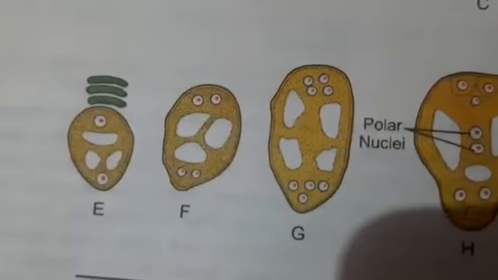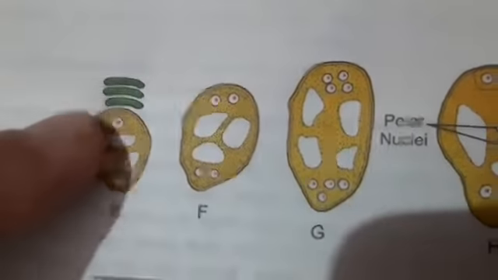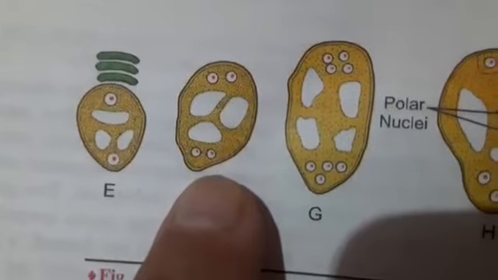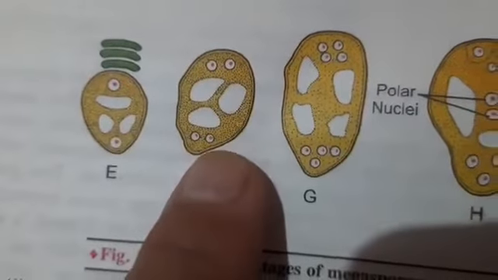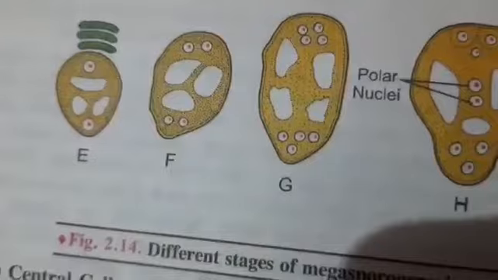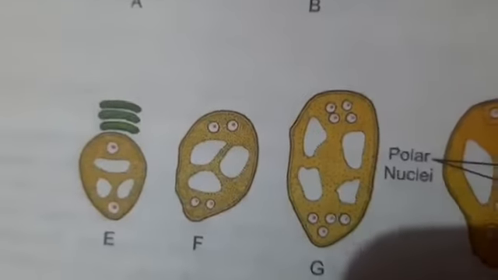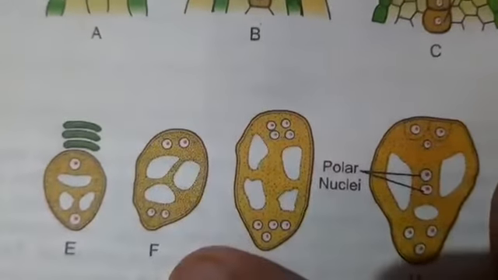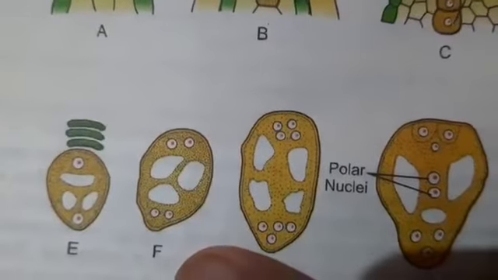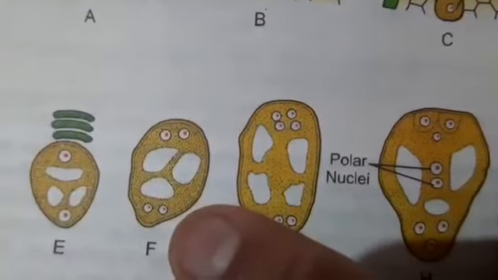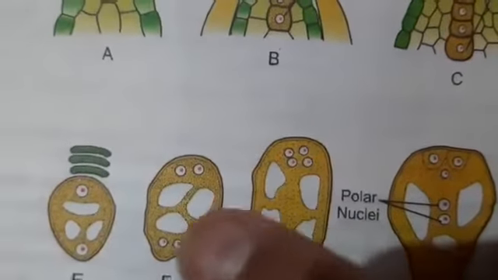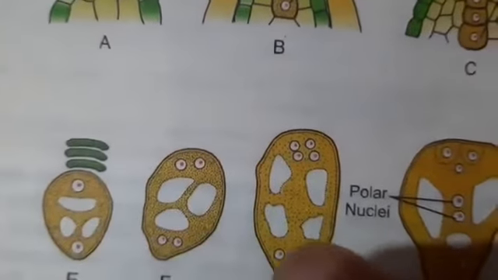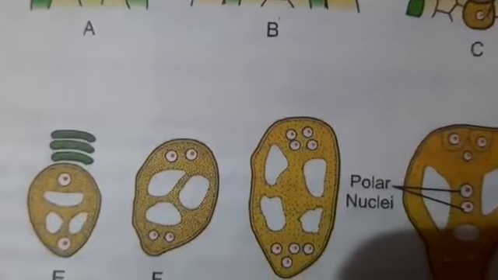As we can see here in the diagram, the functional megaspore will undergo repeated free nuclear divisions. How many free nuclear divisions? And these free nuclear divisions will be mitotic. As we can see here, it is the first, second, and continuously three free mitotic divisions it will undergo,